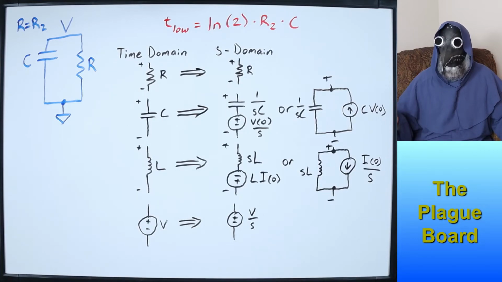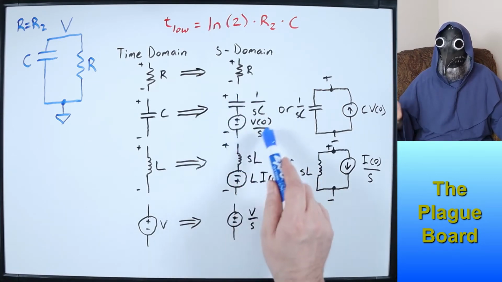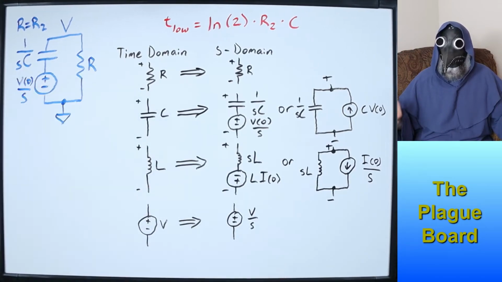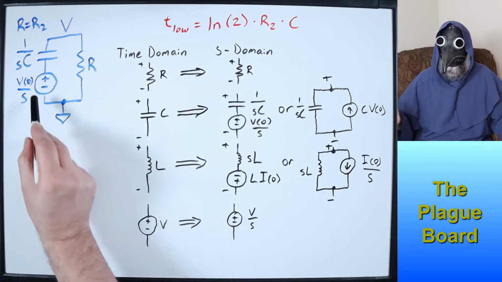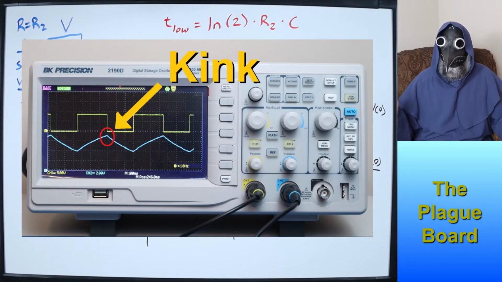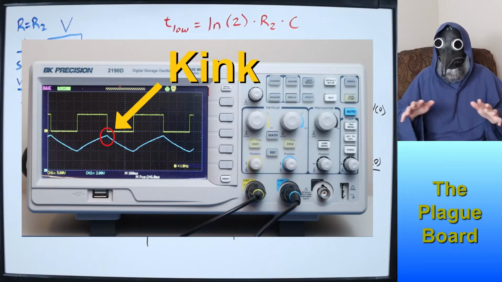Now, in our original circuit, we had a resistor, and that remains unchanged. We also have a capacitor, and we know it has an initial voltage of 2/3 VCC, so I'll choose this representation in the S domain. By the way, you may commonly see a minus sign or sometimes even a plus sign after the 0 in this V of 0. This is if V of 0 is ambiguous, meaning a discontinuity at 0, but we're not ambiguous, so I'll skip the sign. We may have a kink between charging and discharging, but certainly no discontinuity.